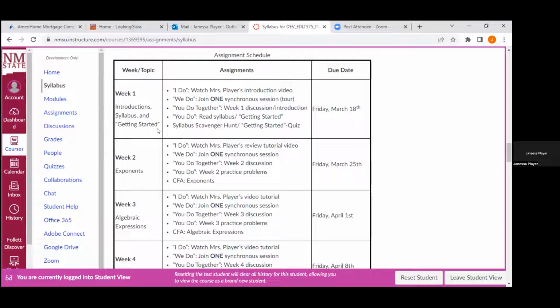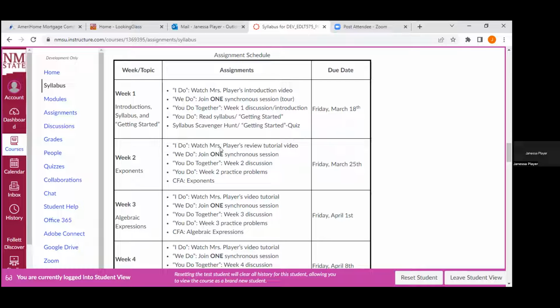And I utilize a lot of gradual release in my own teaching and wanted to incorporate it in this course as well. So my design was built to follow that I do, we do, you do together, and then finally you do independently on your own, so that gradual release of responsibility goes from teacher to student in that weekly cycle.